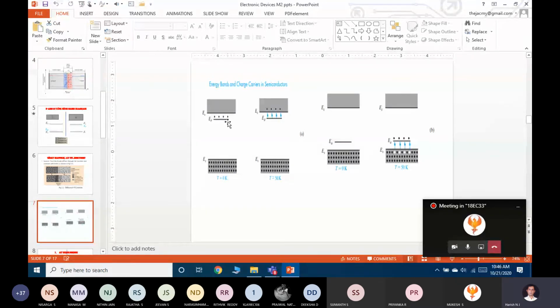ಯಾವುದು ಹತ್ರ ಇದೆ ED? Conduction band. At the same time, in the p type, is the EA nearer to the conduction or valence? Valence band. ನಾನು ಮತ್ತೊಮ್ಮೆ ಹೇಳ್ತಾ ಇದ್ದೀನಿ, the Fermi energy level in the n type is nearer to the conduction band. So in the p type it is very near to the valence band. Is it clear? The concept is clear.